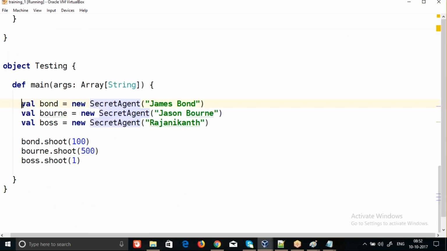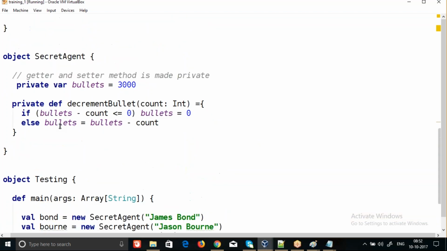So it makes it now more simple. We have new secret agents: Bond, Boss. All of them are shooting. Some Bond requires 100 bullets to shoot, Born requires 500 bullets, but our Rajnikant requires only one bullet here. But all these things are shared. Bullets is being shared here, and that's the use case of companion class and the companion object